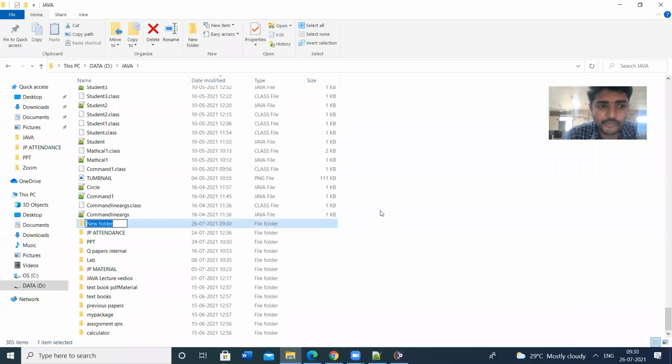Now I am going to create one folder, that means I am going to create one package.